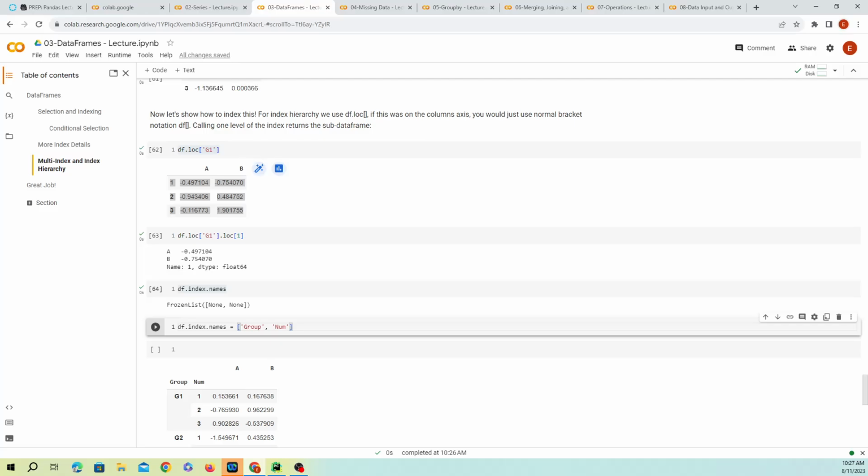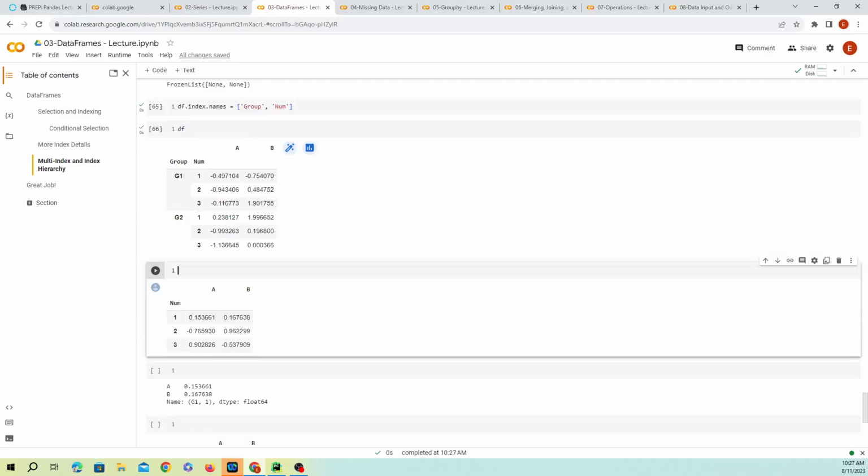Okay, and another way of accessing a specific subsection of my data frame is to use what we call the xs. So I can do .xs